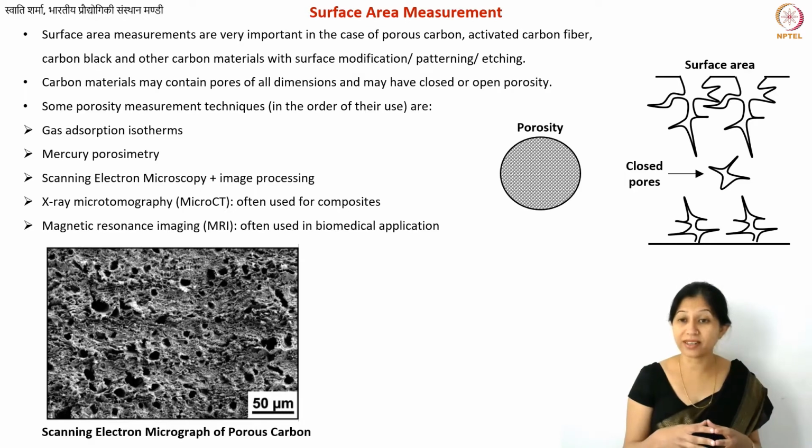But you need to know how exactly the isotherms were interpreted. Interpretation of anything you should know. Only then can you get accurate values and reproducible values. Same thing for image processing. If you plot your own histograms, you will see that even by changing the parameters slightly, you may get different values of your porosity. So that is something you need to learn. Of course, if you just want to get a relative value, so if you keep on performing certain activation, then you can directly do it using SEM images. So I was saying that you could also see the volume porosity.